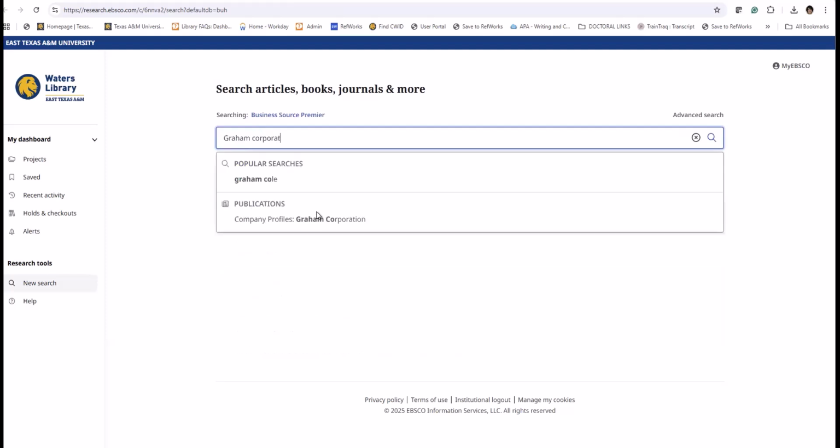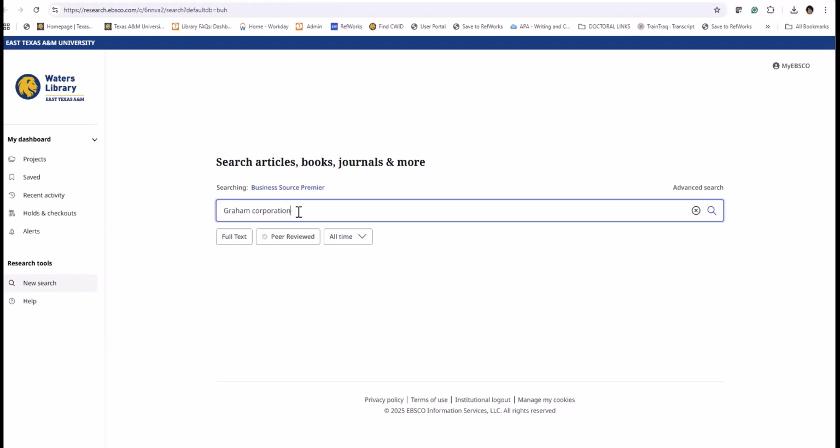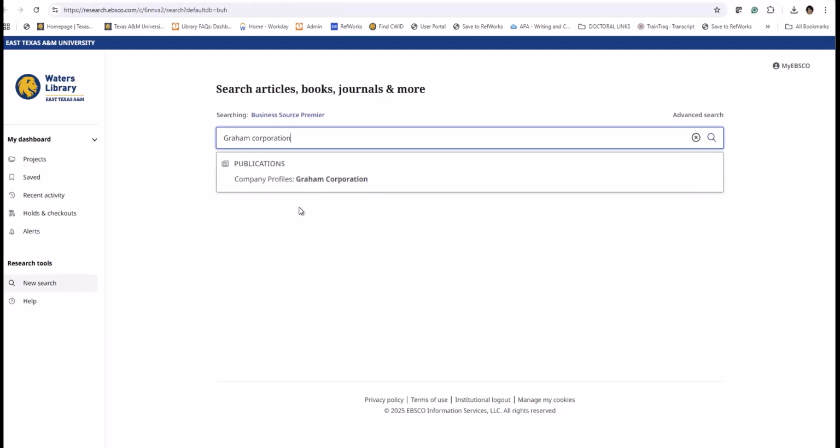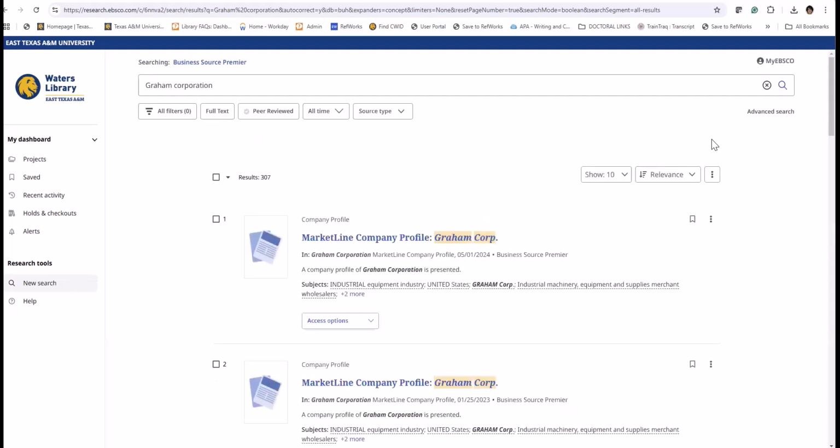As soon as I type it in, the database gives me some ideas like company profiles. If you like it, you may select it. If not, you go ahead with your search and just type the search and click on the search icon.